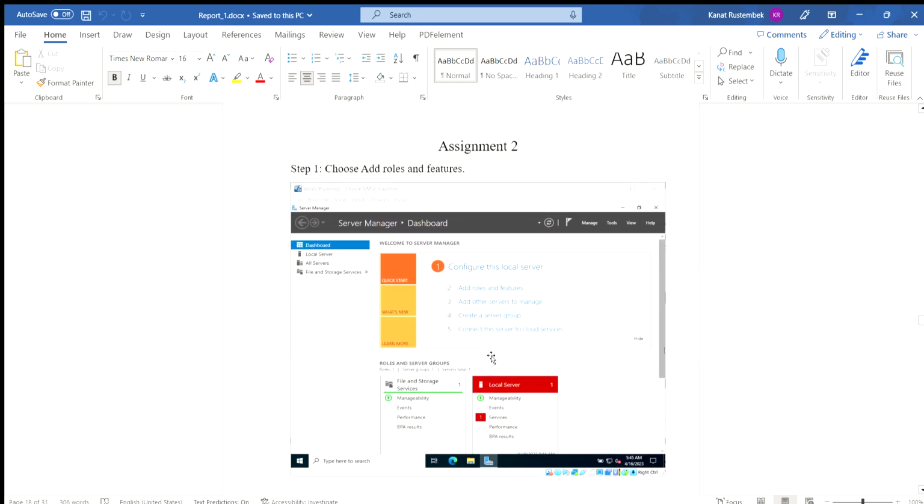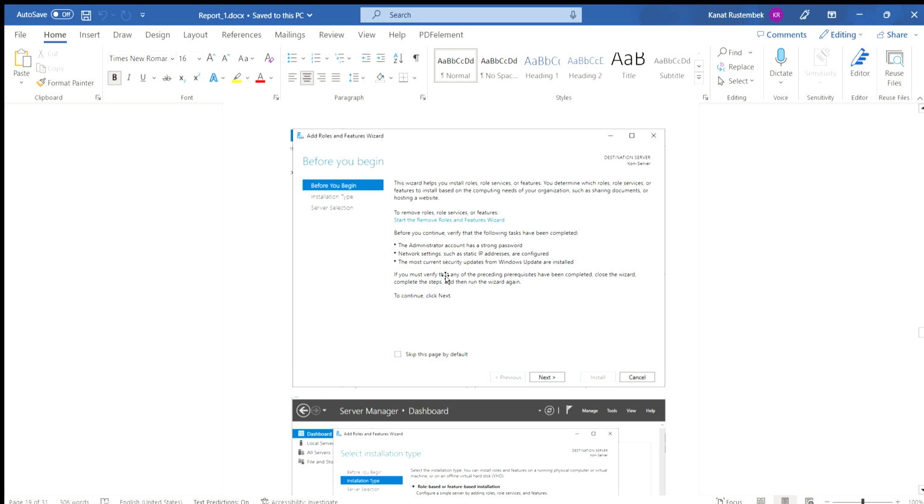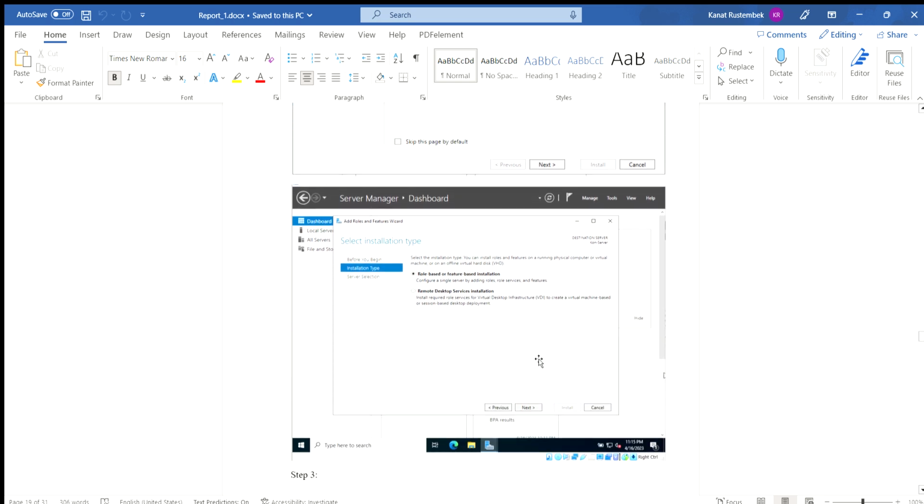So let's start our assignment 2. In this assignment we should do a simple configuration of our server. The first thing, we should click Configure this local server. After that we should go to this step, called Before you begin. In this assignment you should just do as it's shown in the screenshots, and by this we just click Next,